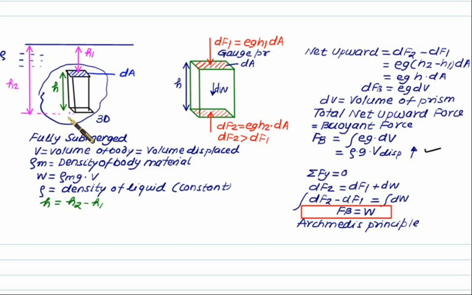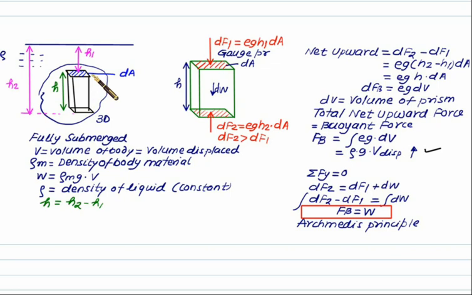Consider here a body of density equal to rho m and a surrounding liquid with a density equal to rho. Since it's a three-dimensional body, we'll consider here a square prism of height equal to dA. This time we want to know what is the total upward force acting. This figure is a case of hydrostatic force, but only the case is three-dimensional. So this surface is the horizontal surface.